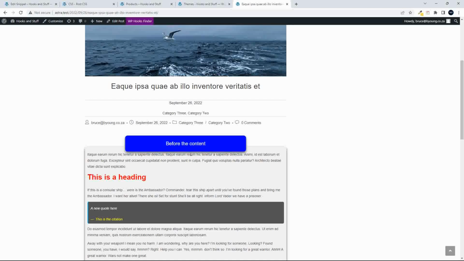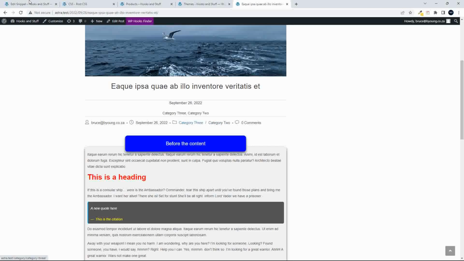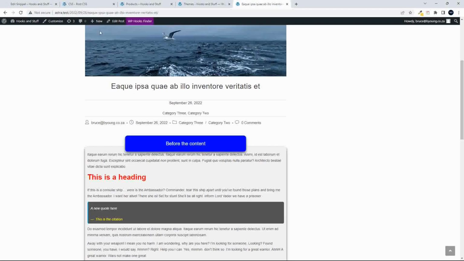So another example here, for example, is we have the date and the category, but we also have it in the default theme elements. So to remove them from under the title, I'm going to head over here and I just need to check what category I'm in. So here we are in category 3. So here I check and I see post in category 3. And what I'm going to do is return a different set of data. And in this case, I'm just going to return the title on its own. I'm going to save those changes, head over to the website,